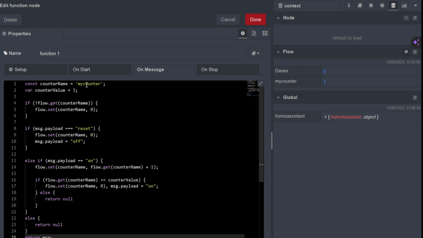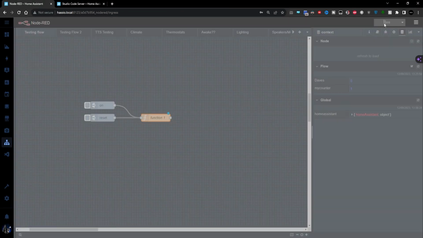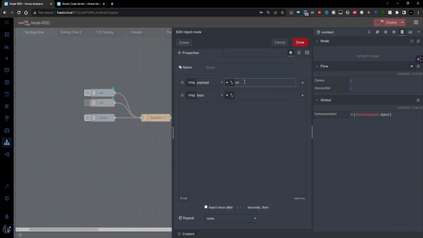And then the only other thing you need to give each one of your function nodes is the value that you want the output to trigger on. Let's do a test. So we'll close that down, we'll deploy it, and I'm also going to do an off here just to show you. So if you've got an entity coming in that's doing on and off and you only want to count the ons, we want to make sure that this is going to ignore the offs and not do anything.